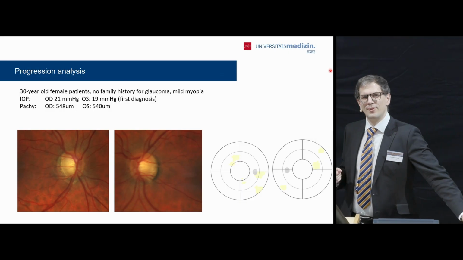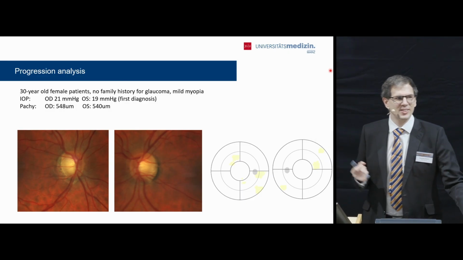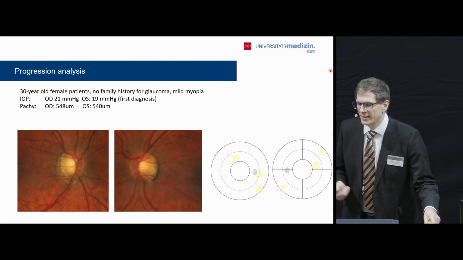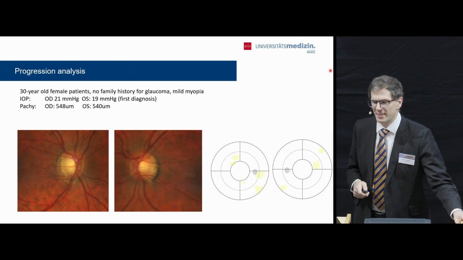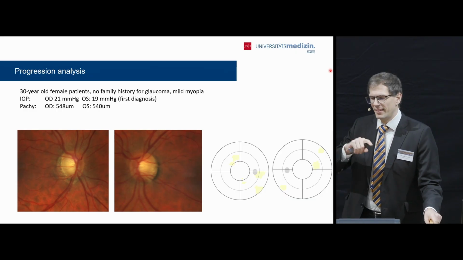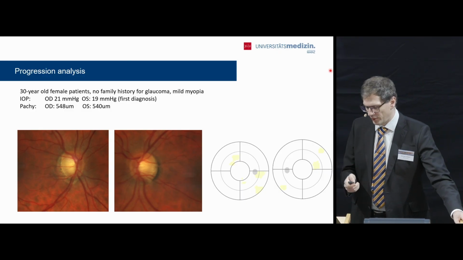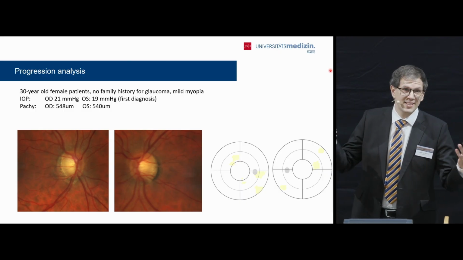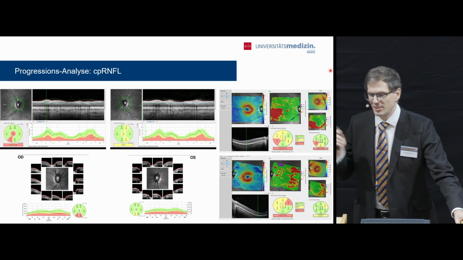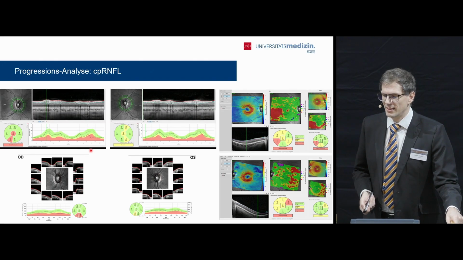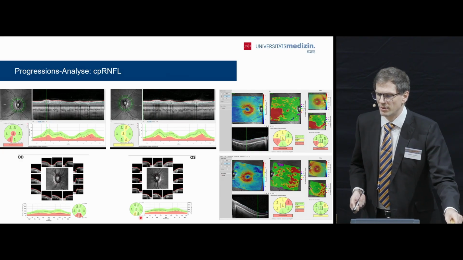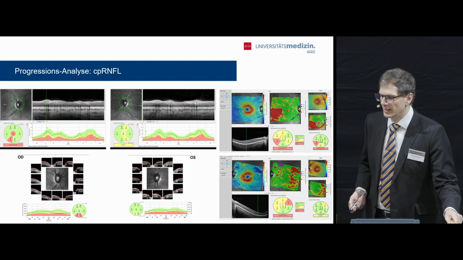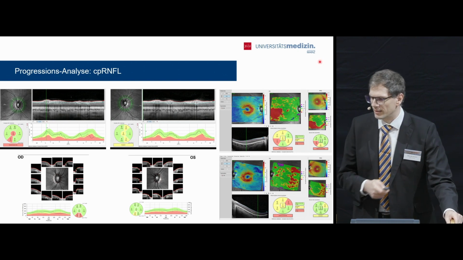Let's move one step forward so that you have some introduction to progression analysis for the upcoming talks as well. A young patient, 30 years old, no family history of glaucoma, mild myopia, pressure slightly at the upper end, and normal pachymetry, a visual field defect. You may discuss whether it's glaucoma or not at all, but we have additional examinations, and you see in the RNFL there is slightly thinner RNFL and slightly thinner MRW, while in the left eye it looks normal, and you see here a bundle defect, but the left eye still looks normal.